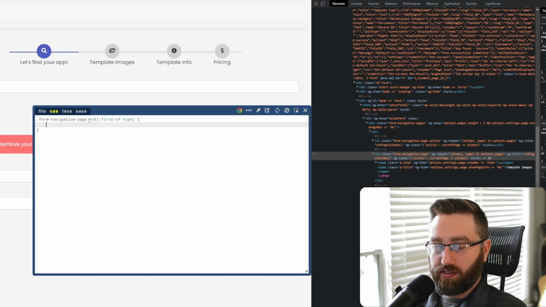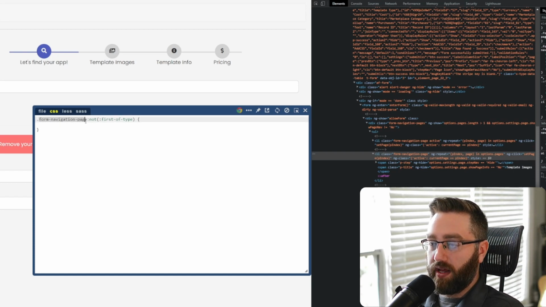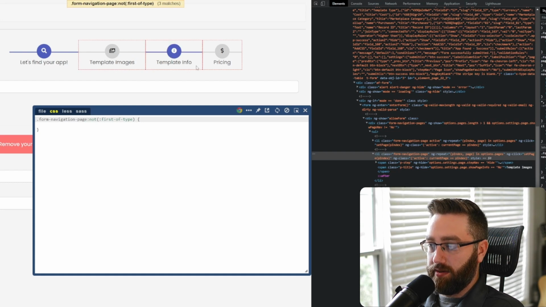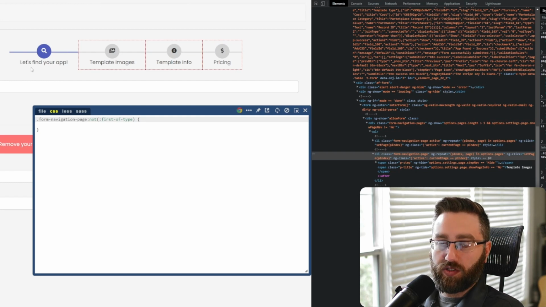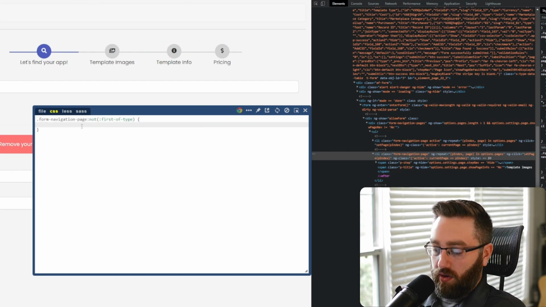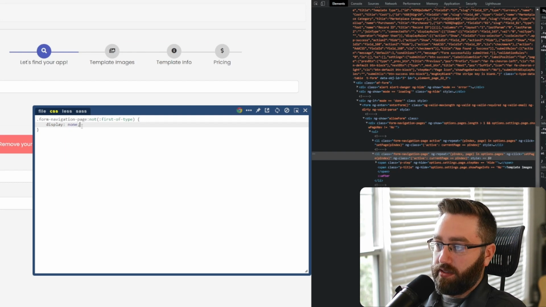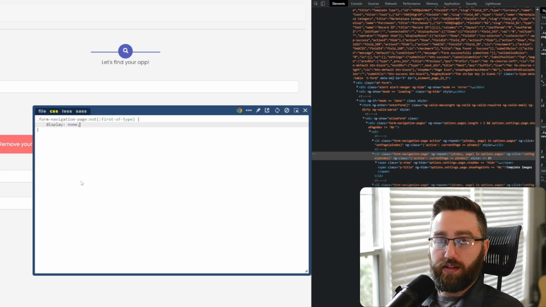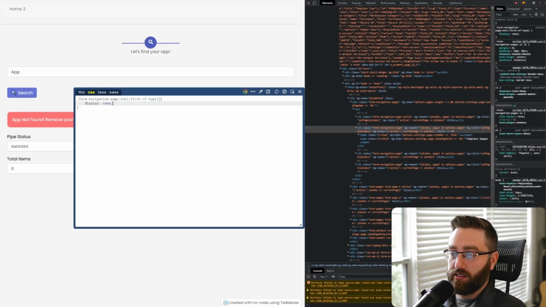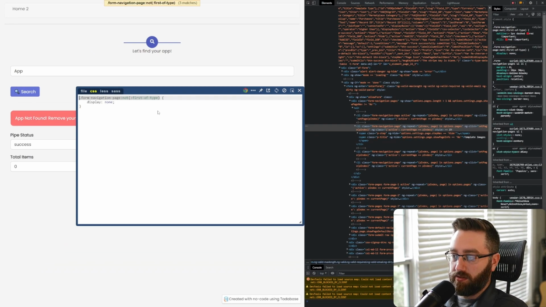Again, we're utilizing some pseudo classes here, but we're saying the form navigation page, which is this particular list item, but not the first of type. So it excludes the first one. And that's exactly what we want. We want to add essentially display none, so that those are hidden until total items equals 1. So we're going to copy this particular selector,